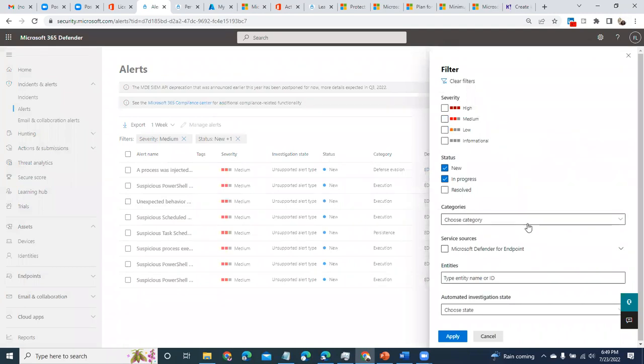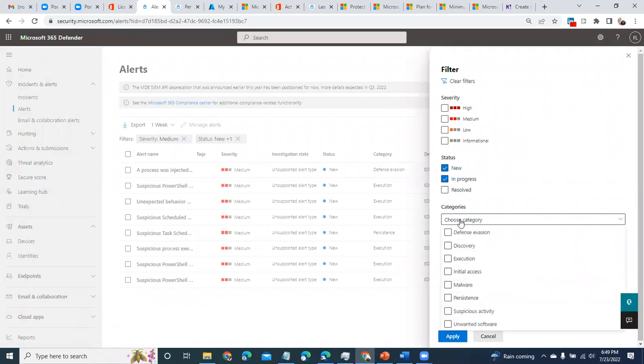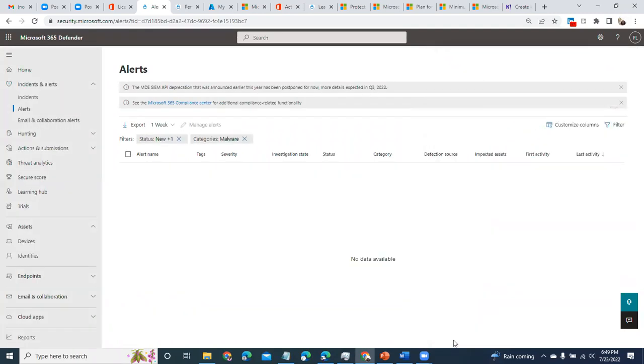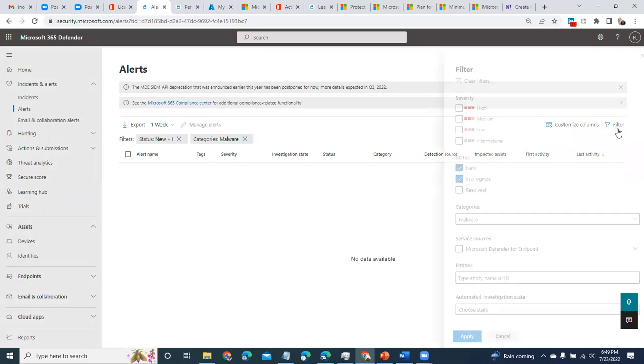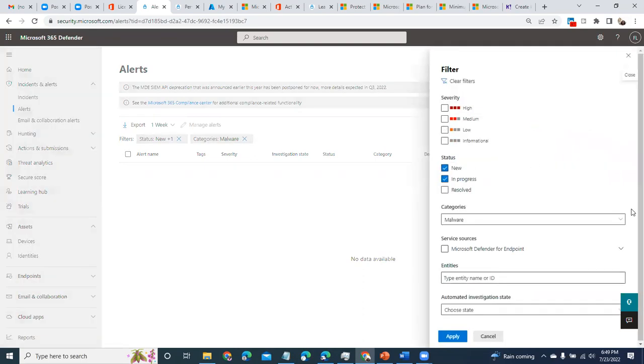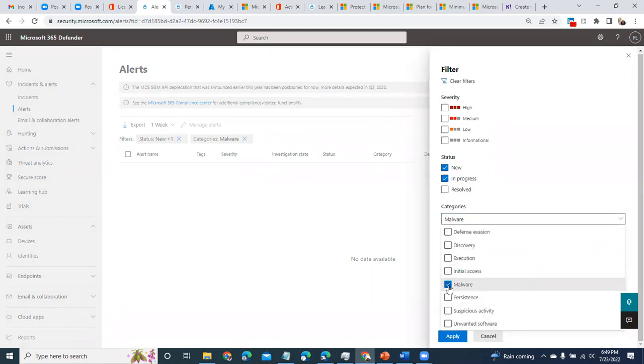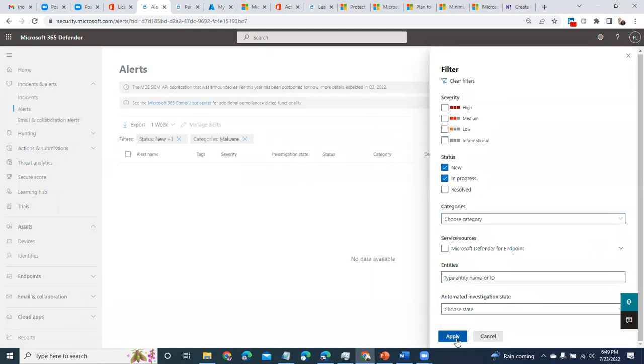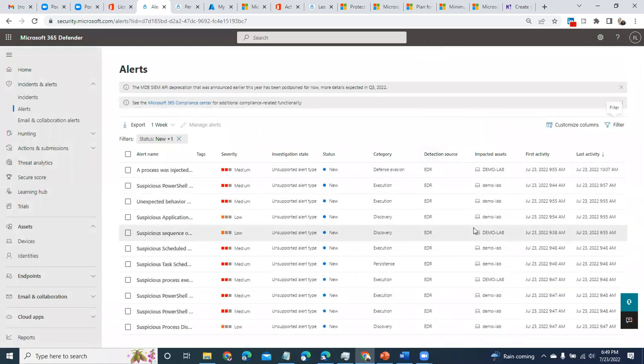So you could have all of this at the alert view. As an administrator, you can filter if you wanted to include resolved, if you wanted to categorize it, and say I want to see malware, malware triggers, it will tell us. Whatever you need, however you want to streamline it, the Microsoft Defender for Endpoint dashboard allows you to have this much visibility.